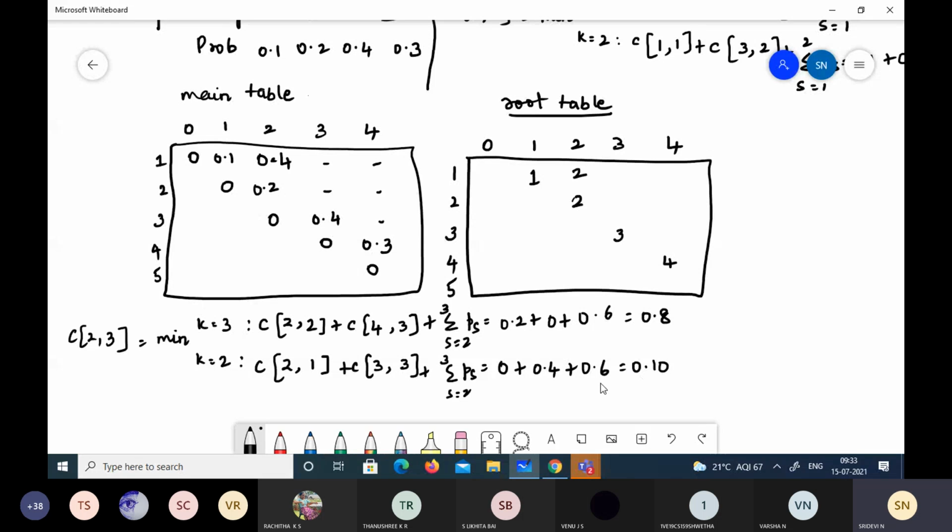So it is 1.0. So which is the minimum? 0.8. So I should note down that value here, 0.8. And for which value of k did I get it? For k being 3. So this is 3 here. Got it?